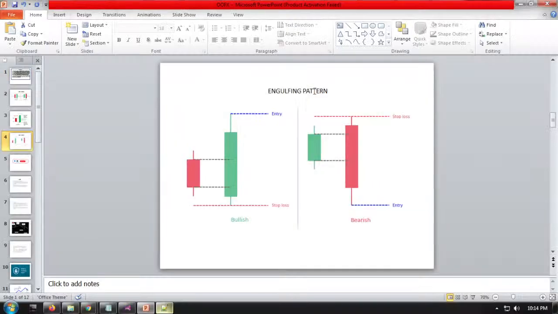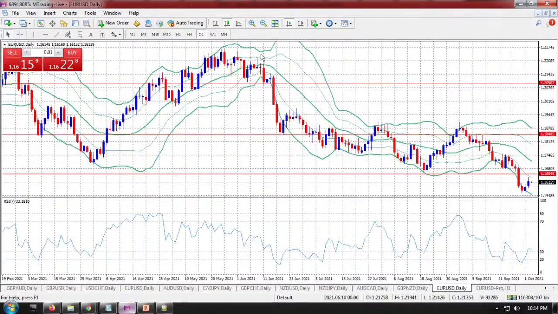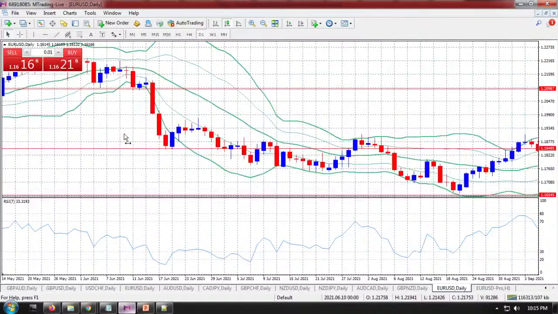All right, in a few minutes, let me just quickly show you some engulfing bars in real life. This is a real life account, so I'm going to look for engulfing bars and then the result of it. All right, so let's try to see if we can get any. All right, okay, this is a bearish engulfment. If you look at this, okay, I saw one just now. I saw one. Okay, this is a bullish engulfment.